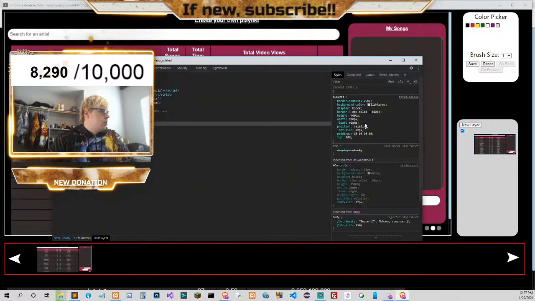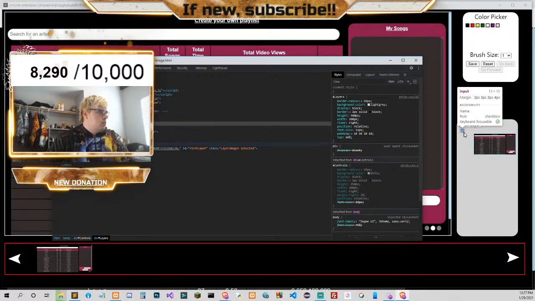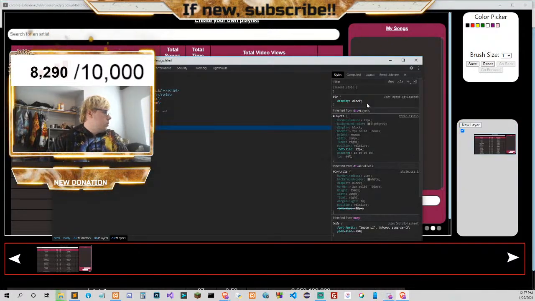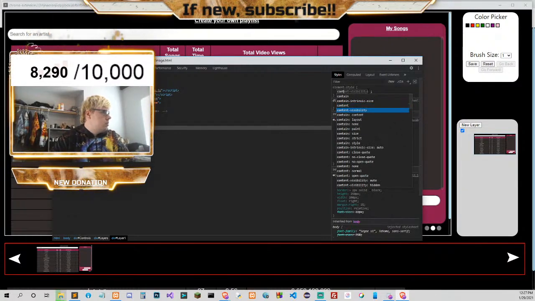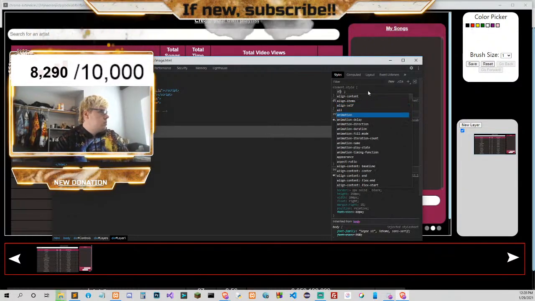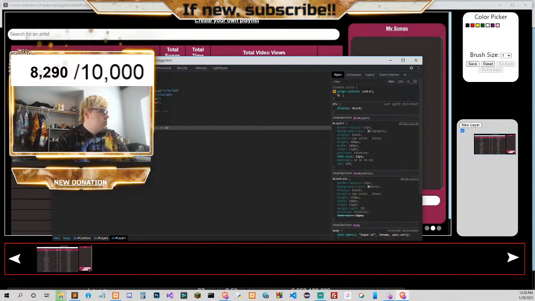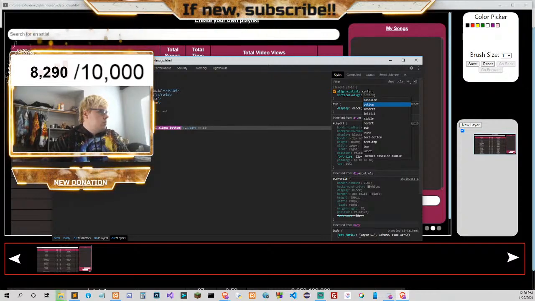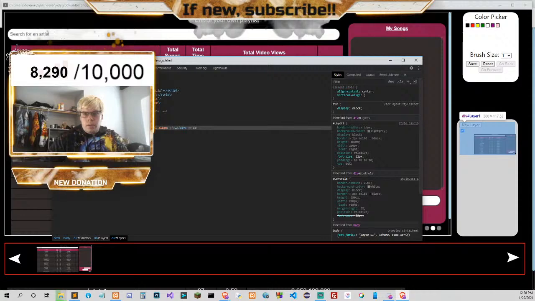And then we need to change this whole thing to be like, what, content align or something? The vertical align? I don't know. It has to be one of these things.